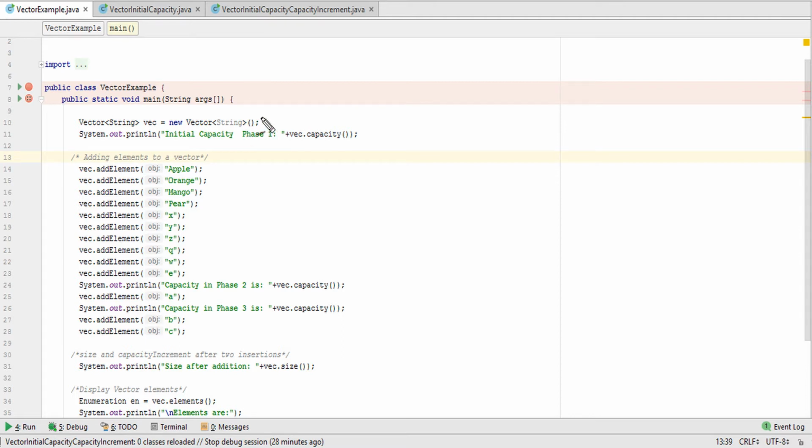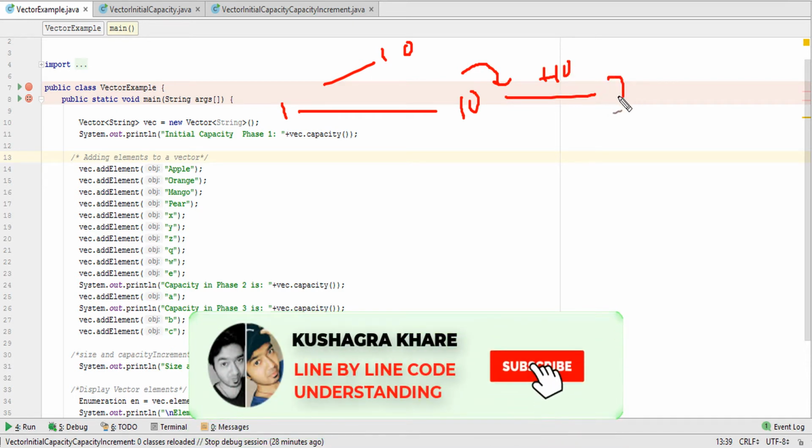The default capacity for this type of vector creation will be 10. If values are inserted up to 10, the size will be 10. As soon as I insert the 11th element, the size will extend by 10 more, so it will be 20.